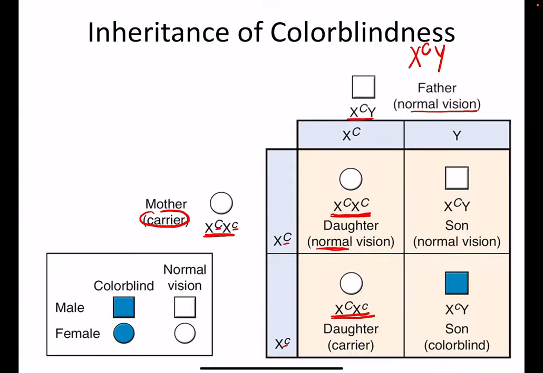One of them is going to have normal color vision. She's got both big C's. And the other one is heterozygous, and so she's going to be that carrier for color blindness. Versus our males,